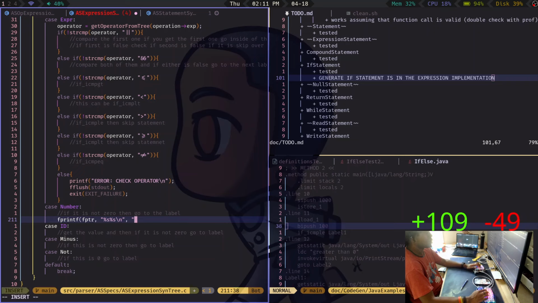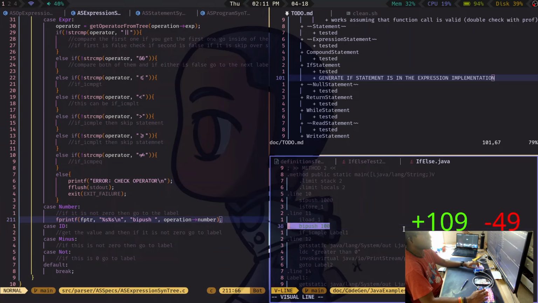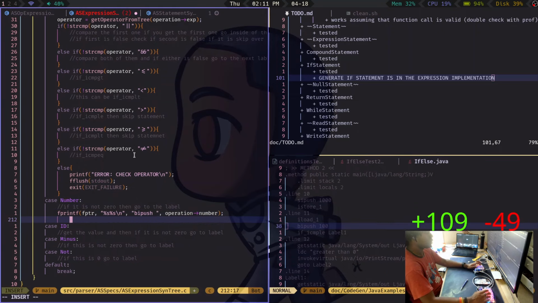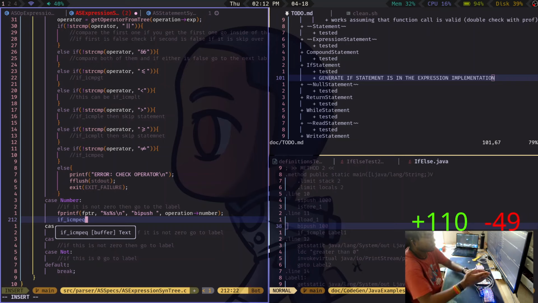So we can say push, let's put a space here. And then this will be operation number. And that'll give us basically this. And then we compare. I compare equals. Yeah, because if it equals 0, then you skip over the loop.